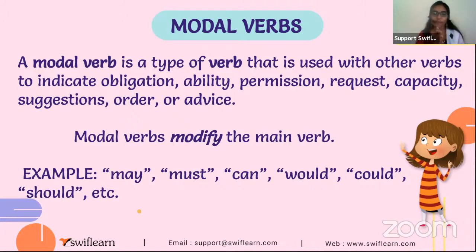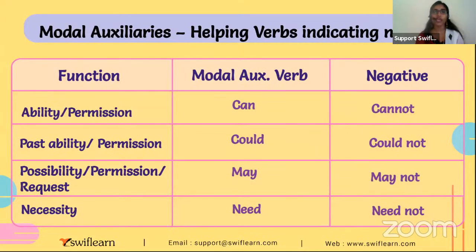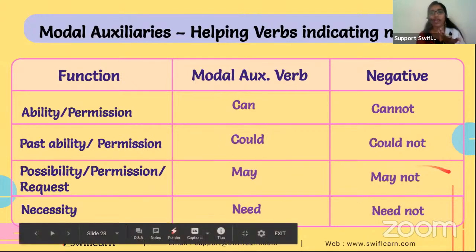Okay. Some of the examples of modal verbs are what? May, must, can, would, could, and should. Okay. So the auxiliary verbs, the helping verbs, indicate the moods as well. The function, if it is ability or permission, we can use can as the modal auxiliary verb, and in the negative we'll be using what? Cannot. And for past ability or past permission, we can use could as a modal auxiliary verb, and we can use could